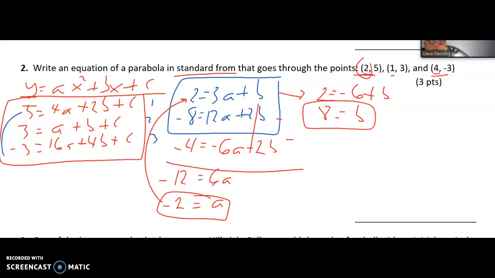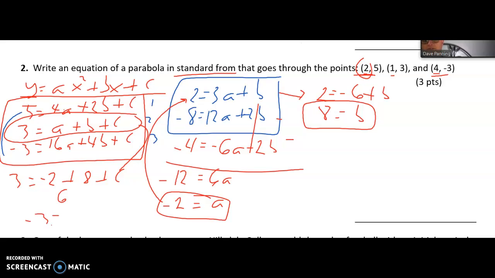Then I'm going to plug both of those values into the second equation here. And that would mean that I'll have 3 equals a, which is -2, plus b, which is 8, plus c. Well, -2 plus 8 is 6, and if I subtract 6 from both sides, then I'll have -3 is equal to c. Which means if I plug all of those into my original equation, my equation is going to be